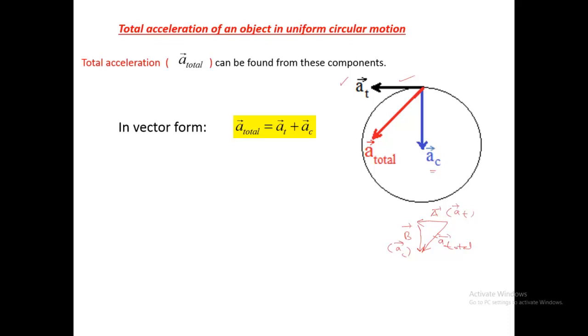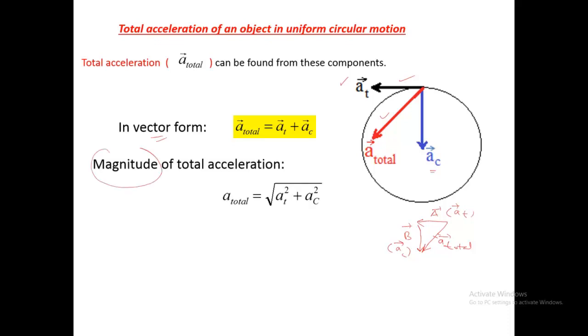So this is your resultant vector. Once you have this, you can find it in vector form, but if you want to write the magnitude of the total acceleration, of course this is a right angle triangle, and we can find out the magnitude. This is A total, so with the help of the Pythagoras theorem, A total equals the square root of AT square plus AC square,